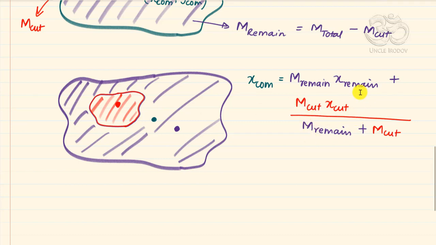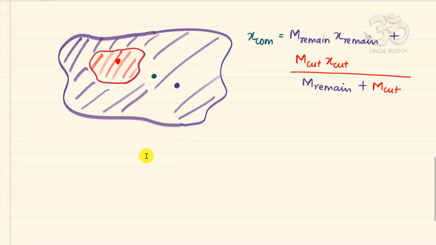And when you get this entire equation, you can now rearrange this to find out what is x remaining, and that's a very simple thing then. So I just cross multiply and I try to solve. So what I'm going to get is m remaining into x center of mass plus m cut into x center of mass